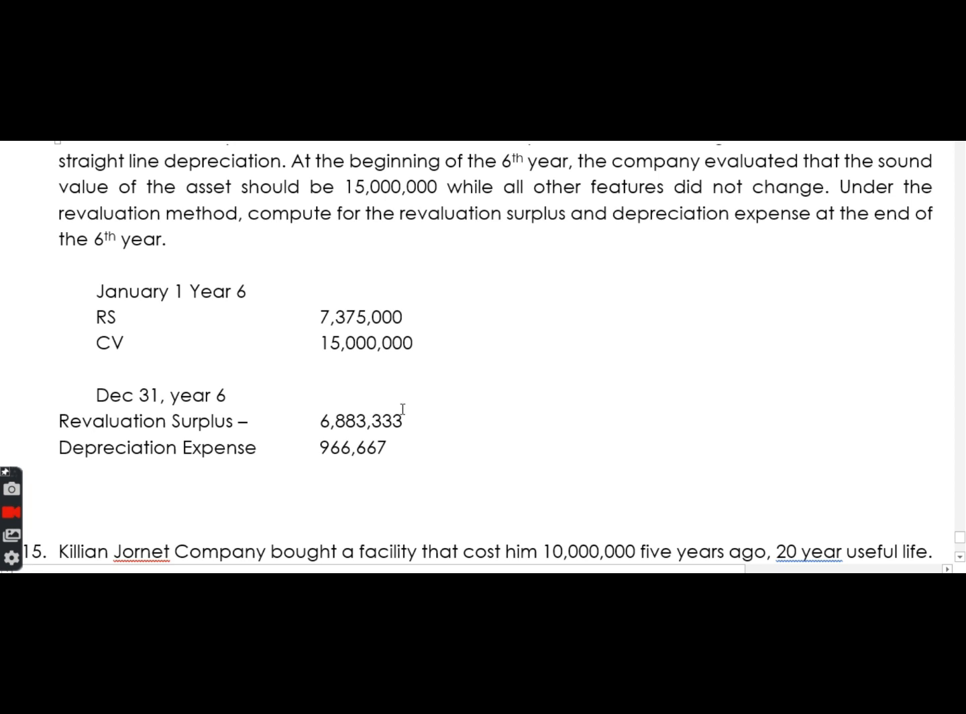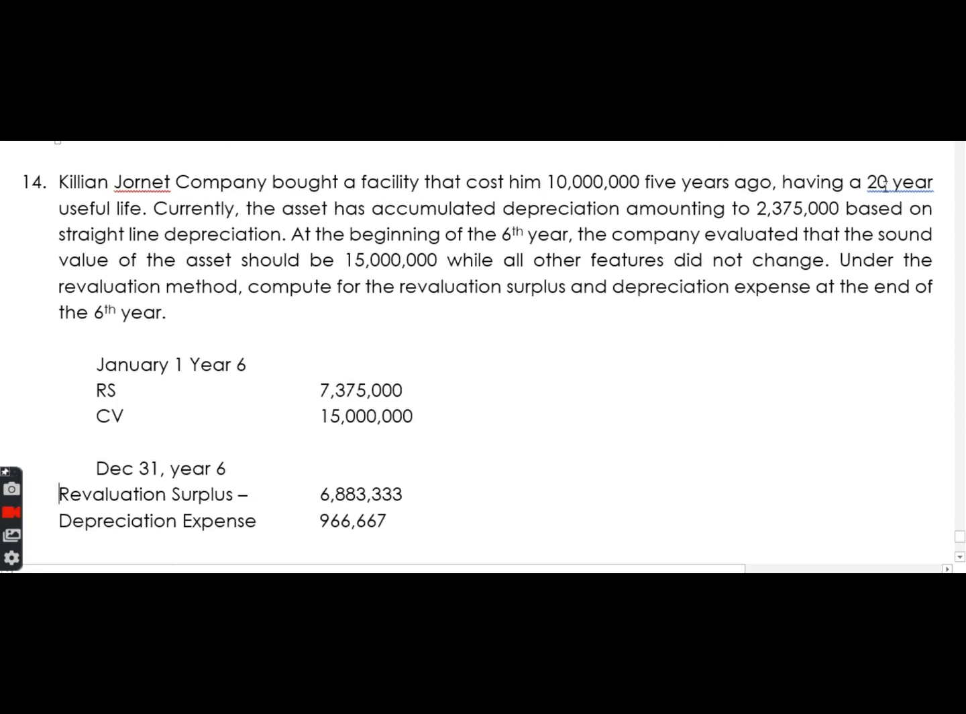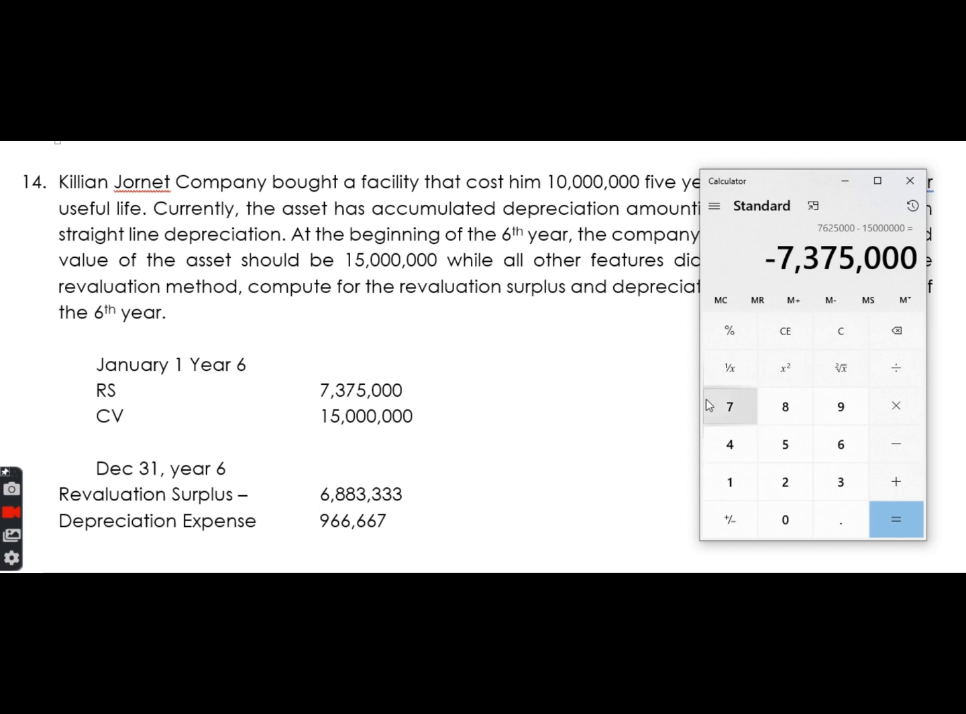Ngayon, ang tanong, paano mo makakompute yan? Di ba sinabi, 20 years yon, 5 years ago, so 15 years na lang yung naiwan. Hindi daw nagbago yung mga other features ng asset. So ibig sabihin, yung revaluation surplus na 7,375,000, it is going to be amortized over 15 years. So ibig sabihin, ito yung mawawala after 1 year. Ibabawas ko to doon sa 7,375,000, ito yung may iwan, kaya yun yun. Okay? Tapos, doon sa ating